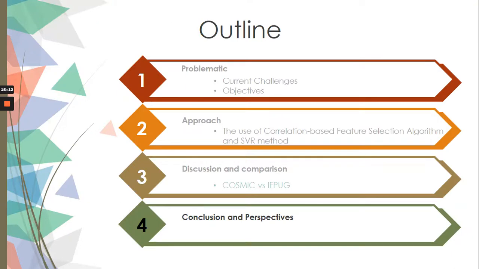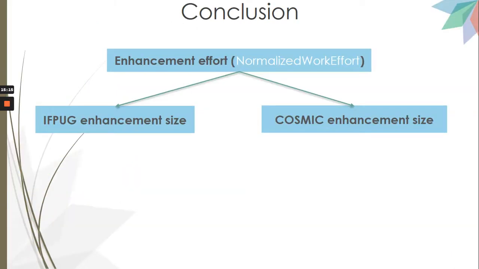So, moving to the conclusion and perspective. In our study, we investigated the problem of accurately estimating effort for software enhancement projects with two functional size methods: the first generation, the IFPUG enhancement size, and the second generation, the COSMIC functional size. First, the correlation score between the IFPUG enhancement size and enhancement effort, represented by normalized work effort in the ISBSG dataset,